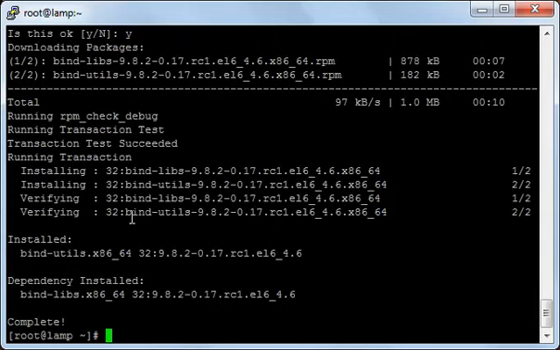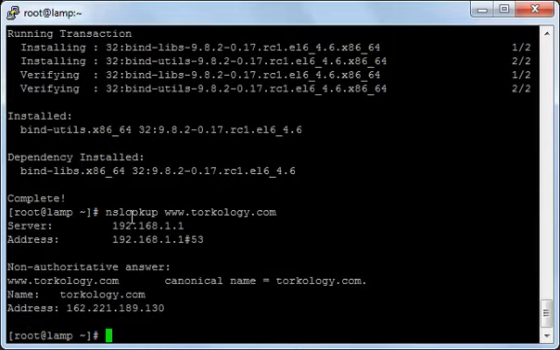Okay, now I have installed the bind utilities. Now I will run the command NSLookup and type a website's name, tutorcology.com, and see what this command will do. I'll press enter. As you see, this command here displays for me